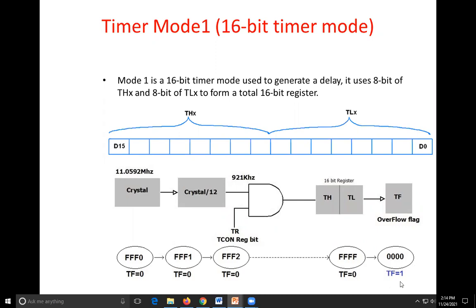Your counting will be 0. Then the timer overflow flag will be generated after this. From 0 0, we will start the timing. And after completion of the FF, because